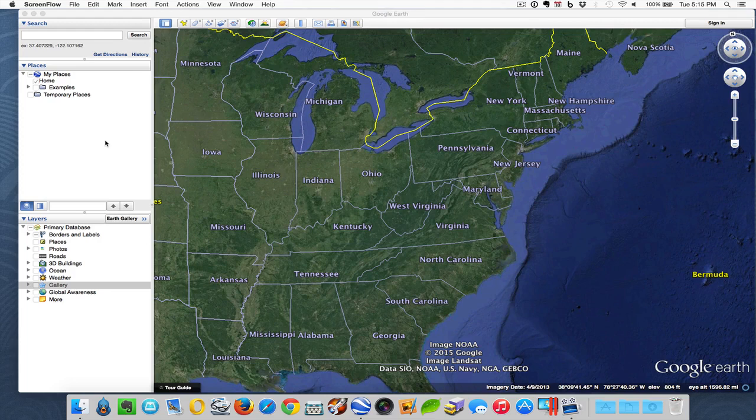Hello, in this video I want to show you a little bit about image overlays in Google Earth. Basically, it allows you to take an image and put it onto the map in a specific location. Now to illustrate this, I'm going to show you how somebody's already done that with a collection of old maps